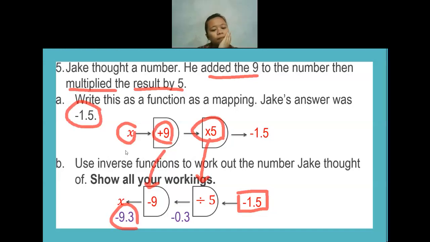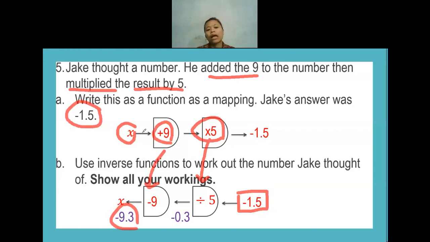Oh, yeah. Because I didn't see the negative. Yeah, okay. Even last time when I tried to write the answer, I also didn't check if it had a negative, and then when I checked it again, it was actually negative. So for the answer for question A, we just have to write all the rules in the function mapping.